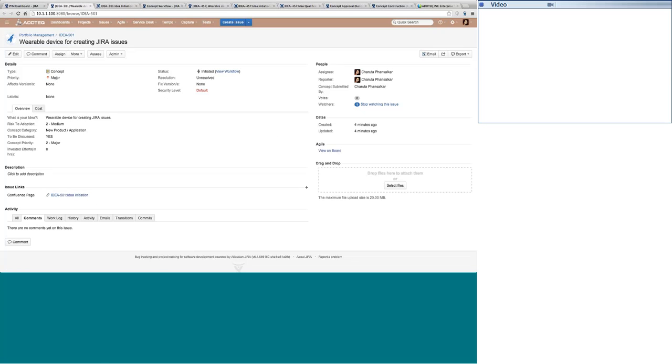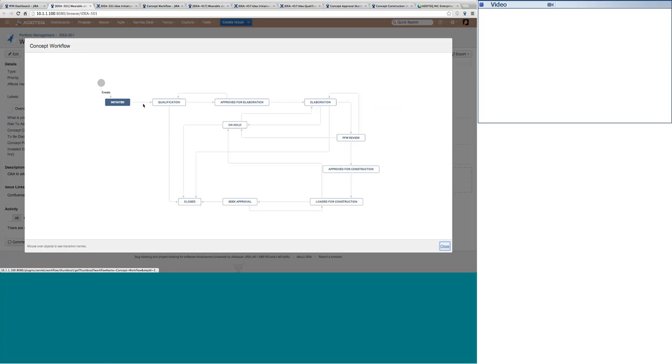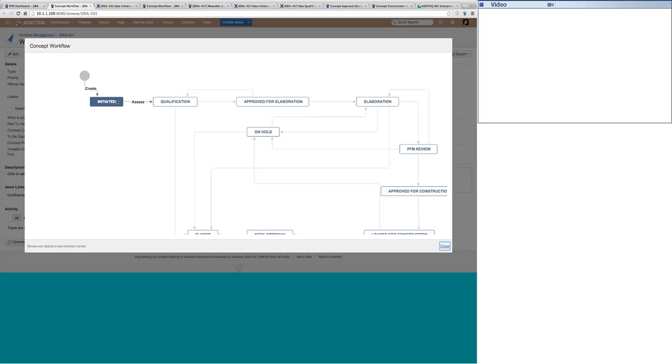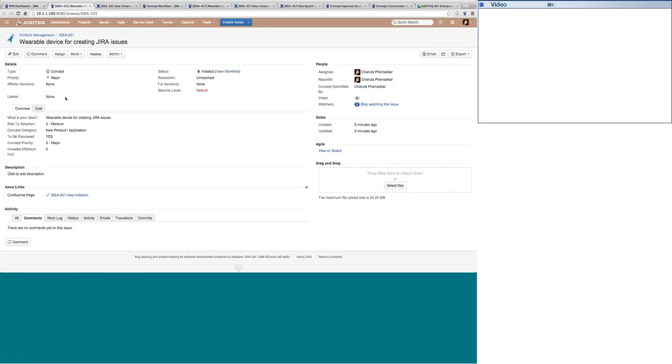So you can see that after initiation, we would like to assess the idea before we go ahead in any of the stages of the life cycle. It's very important to know why we have so many stages here. Because as we go further in the idea or concept life cycle, more and more people are going to invest their time in this. And in order to have their time invested in a particular concept or idea, we need to know that the assessment of the idea is very important. Let's now go ahead and assess this idea.